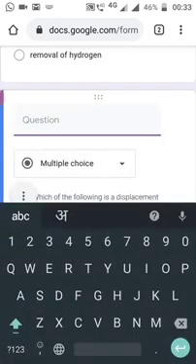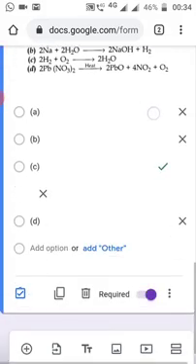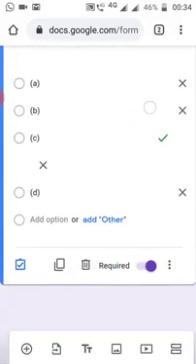Out of these 3 questions of 2 marks each, that is a total of 6 marks. Whenever a candidate attempts these questions, every time for a correct answer he will earn 2 marks. And at the same time he will not be able to skip the questions because I have made them compulsory. So this way we can create a question paper for multiple choice questions.